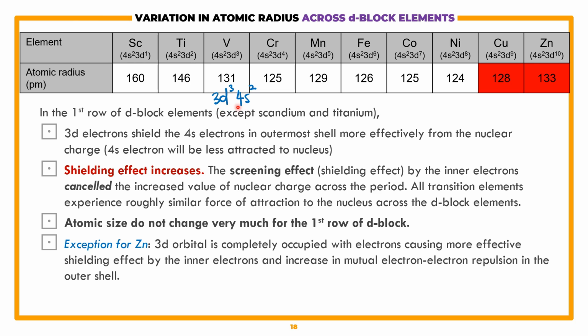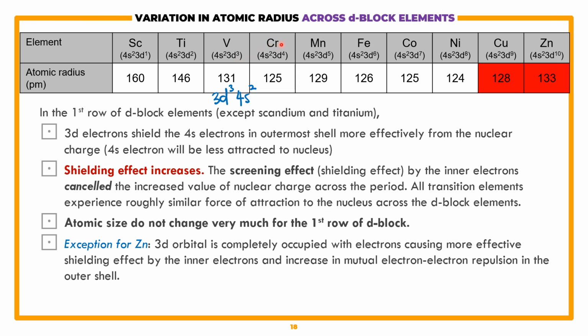So di sini antara dua ni kita akan kata 4s ini akan terletak pada outermost shell. Okay, they are valence shell. Tetapi yang paling luar, outermost, adalah 4s2, kerana 3d ini terletak sedikit ke dalam daripada 4s. So di sini apabila 3d ini letaknya di sebelah dalam, maka this 3d and other inner electrons yang lain akan shield these 4s electrons more effectively daripada attraction of the